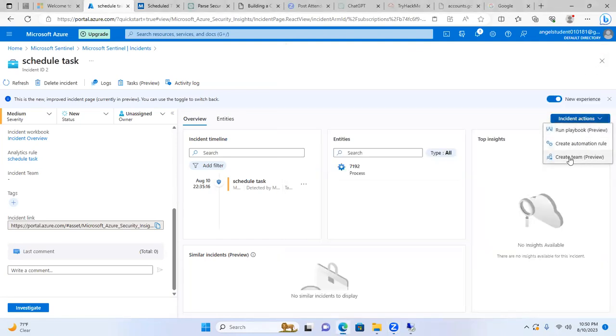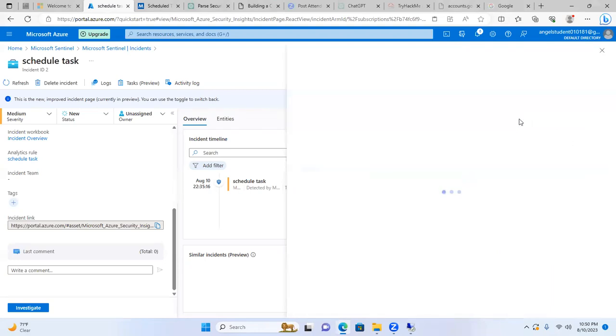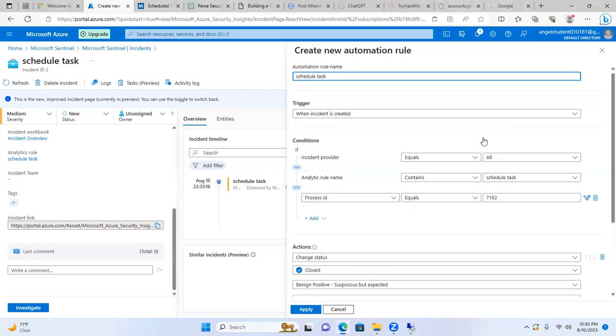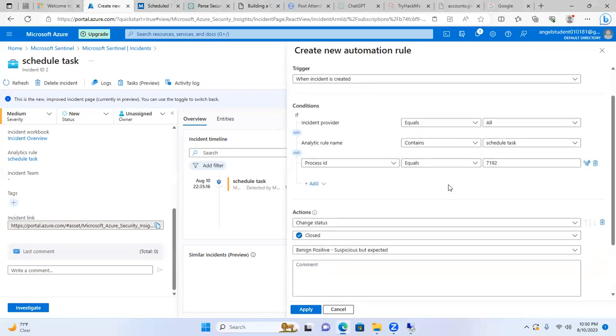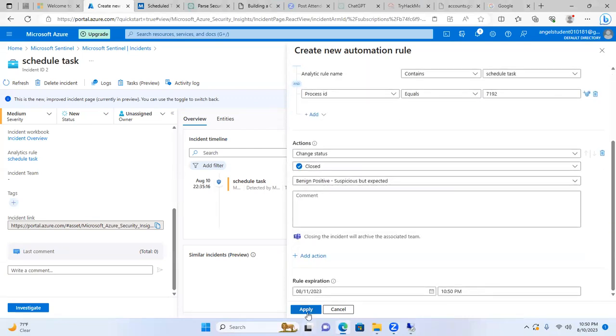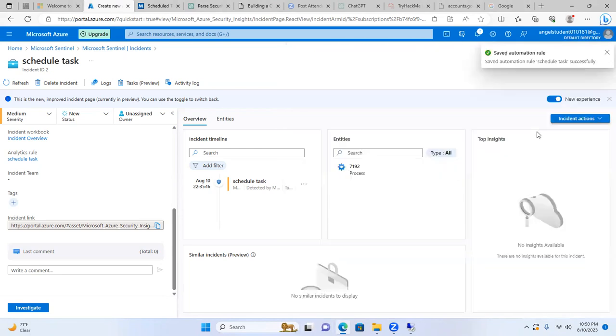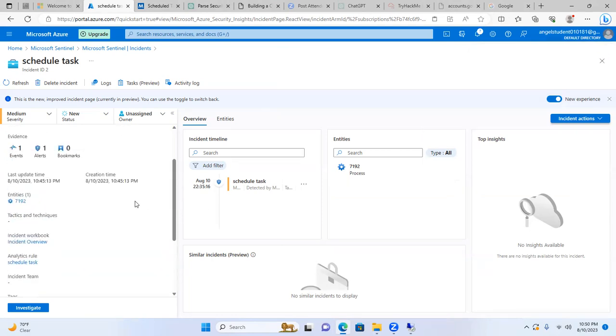Incident action, you can actually create an automation rule. Just click and it automatically does the content, and you just hit apply. So this was a medium-severity incident, and